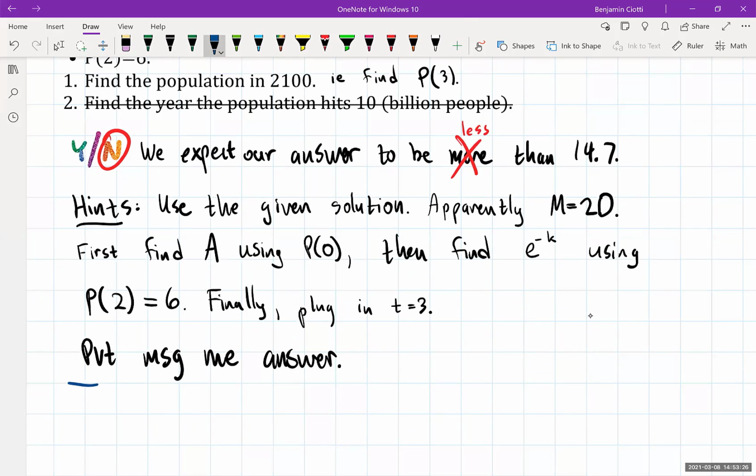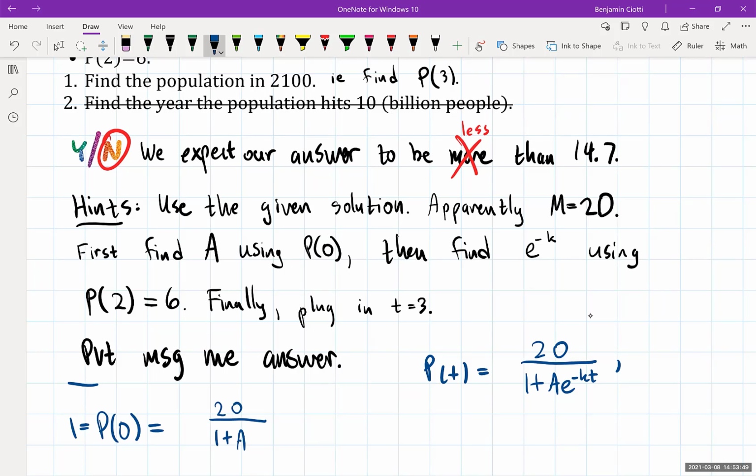So I'll get you started: P of 0 is 1. Let me write down P of t is apparently 20 over 1 plus A e to the negative kt. And 1 is P of 0, which is 20 over 1 plus A e to the k times 0. So A,